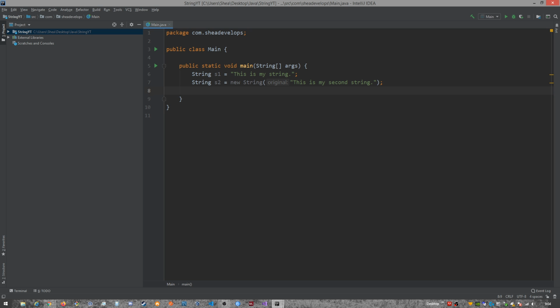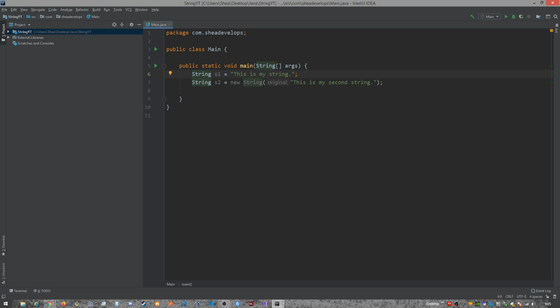Well, it has to do with how Java creates the strings. In this way, Java creates the strings and puts them in a special place in the heap called a string pool. And then whenever you create a new string using the top method, it goes through the string pool, sees if there's another string that's created that way, and then instead of creating a new string, it'll just reference that string again. And it may be a little complicated to understand, but we'll get to that more, and that's called